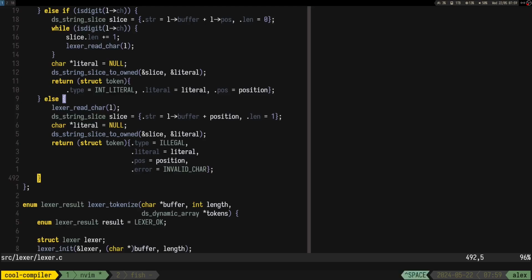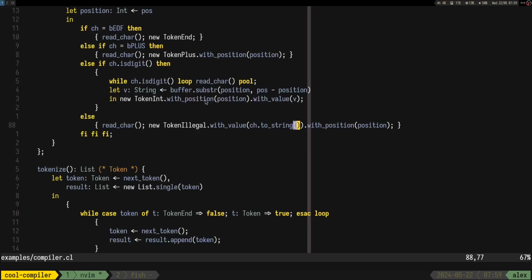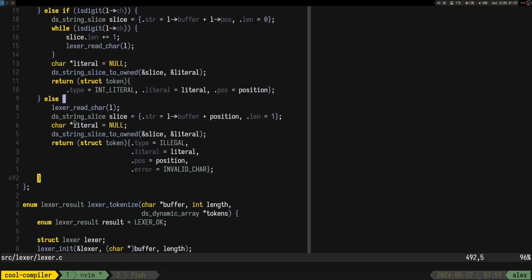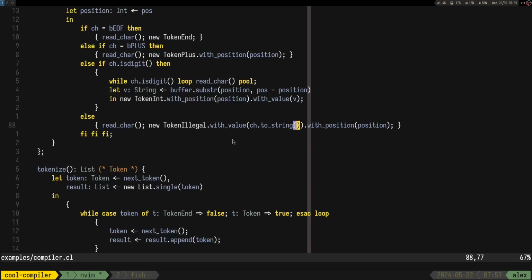Okay. So see, it's like take the char from position.